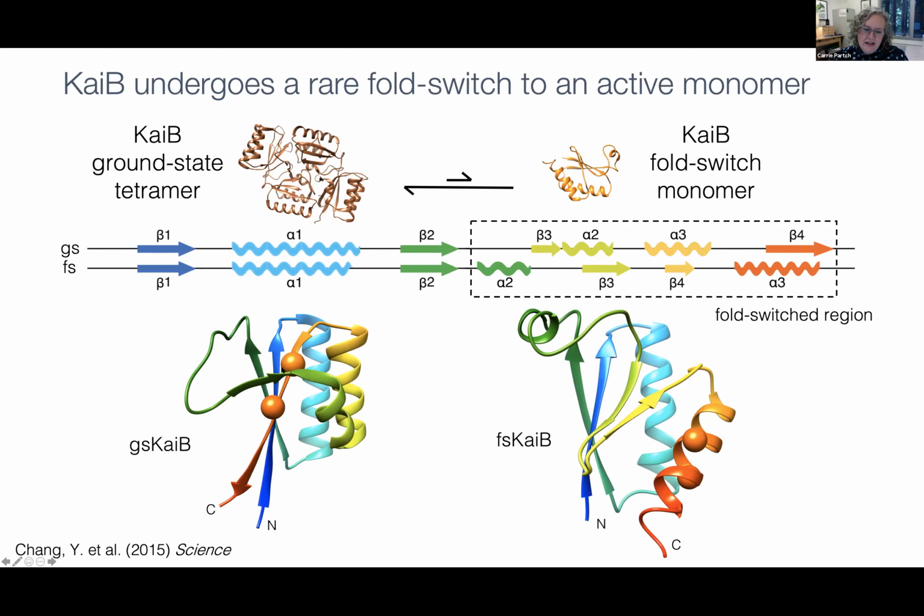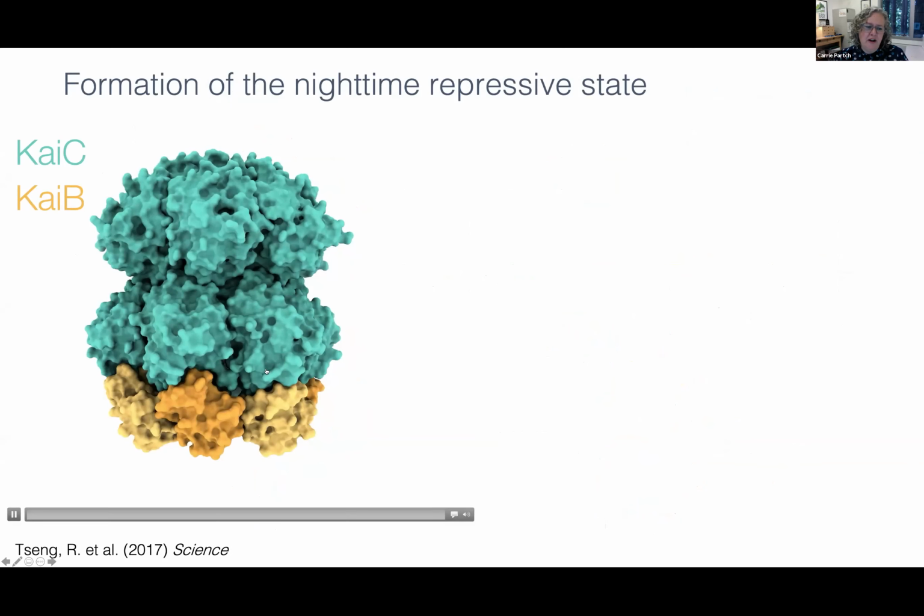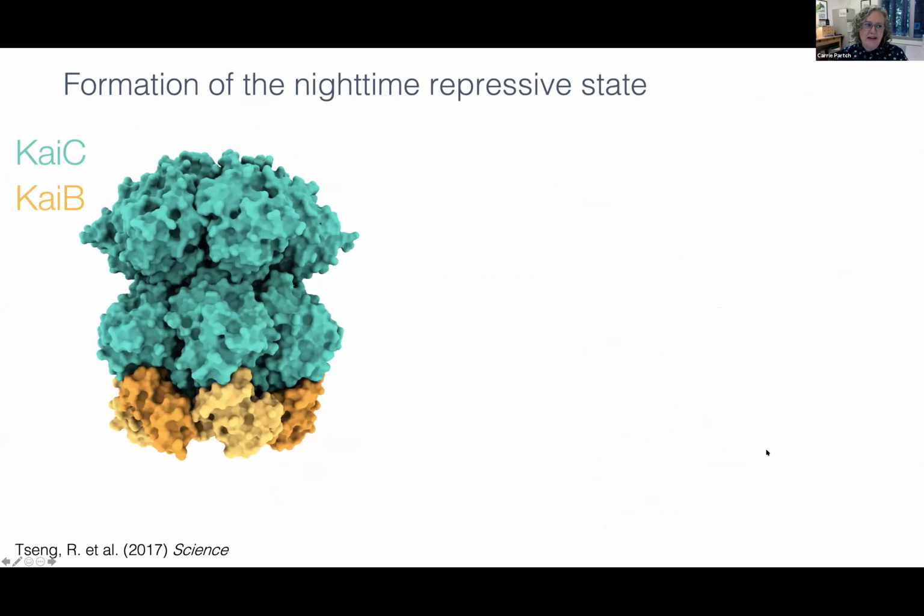So what I've highlighted here with these 2 spheres are the C-alpha carbons of 2 residues that form the core of the ground state structure, but are here on the surface of the protein in the fold switch. And using basic biochemistry knowledge, Andy's lab discovered point mutations that would stabilize this fold switched active form. And so with that, we were able to solve the first crystal structure of KaiB bound to the hexamer of